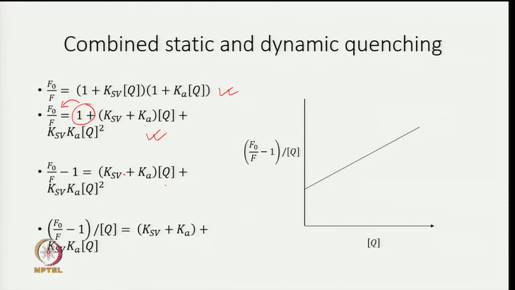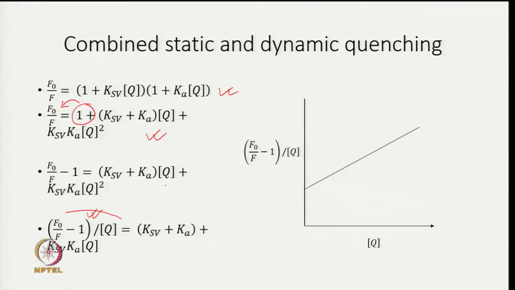And if I divide the whole equation by Q, what I am going to get is K S V plus K A plus K S V into K A multiplied by the concentration of Q. This is now the equation of a straight line. If I plot this quantity versus Q,